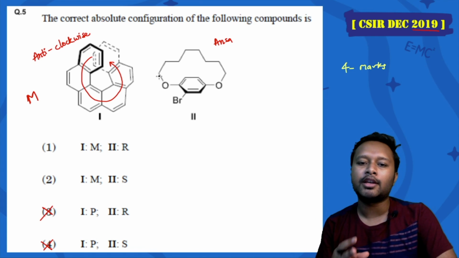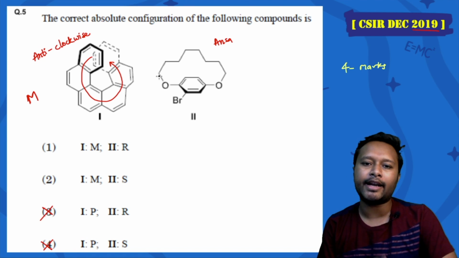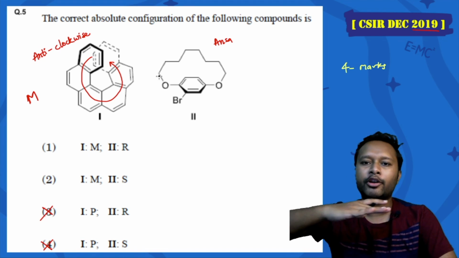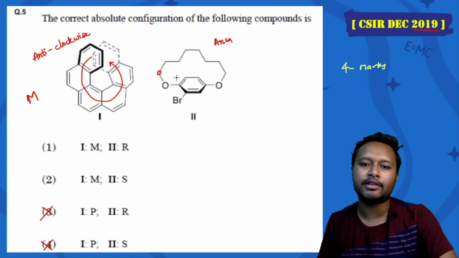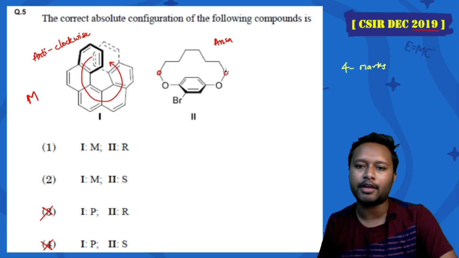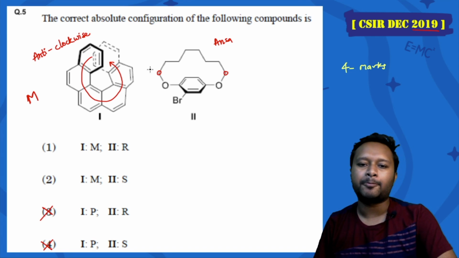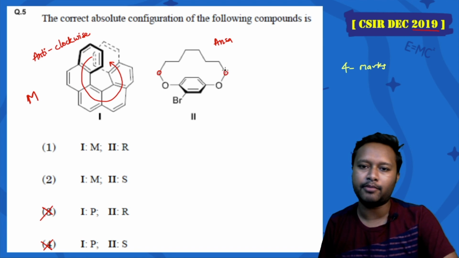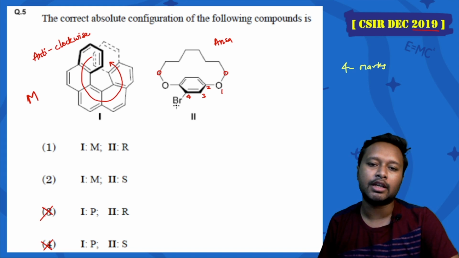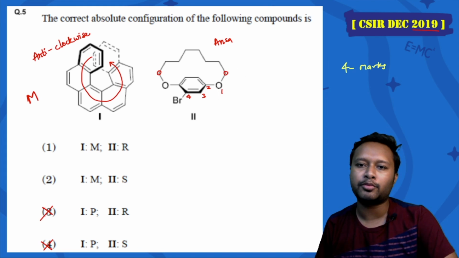Now the way we find out the configuration is to look at the pilot atom. The pilot atom is the atom from where the horizontal ring comes in, or where the plane passes through. So your pilot atom is this and this. It can be either this carbon or this carbon, any of them can be your pilot atom. Now you have to consider that pilot atom where the substituent comes at the least position. If I start numbering from this pilot atom, it will be 1, 2, 3, 4, so my substituent is coming at the 4th position. Whereas if I number from this other pilot atom, my substituent will come at 1, 2 and 3.